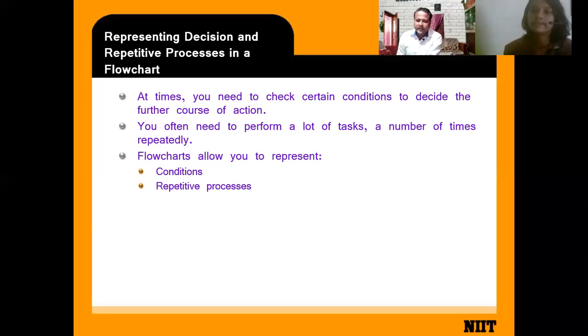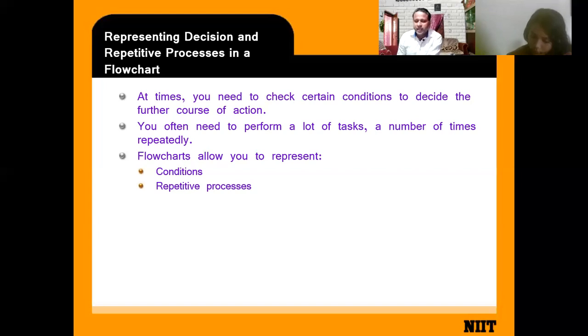Next, at times you need to check certain conditions to decide the further course of action. You often need to perform a lot of tasks a number of times repeatedly. The flow chart allows you to represent the condition and repetitive process.